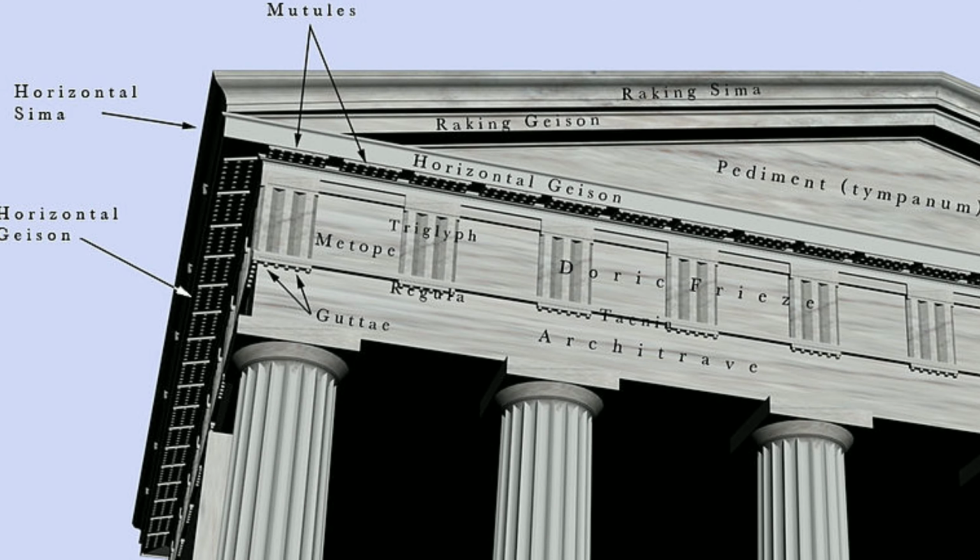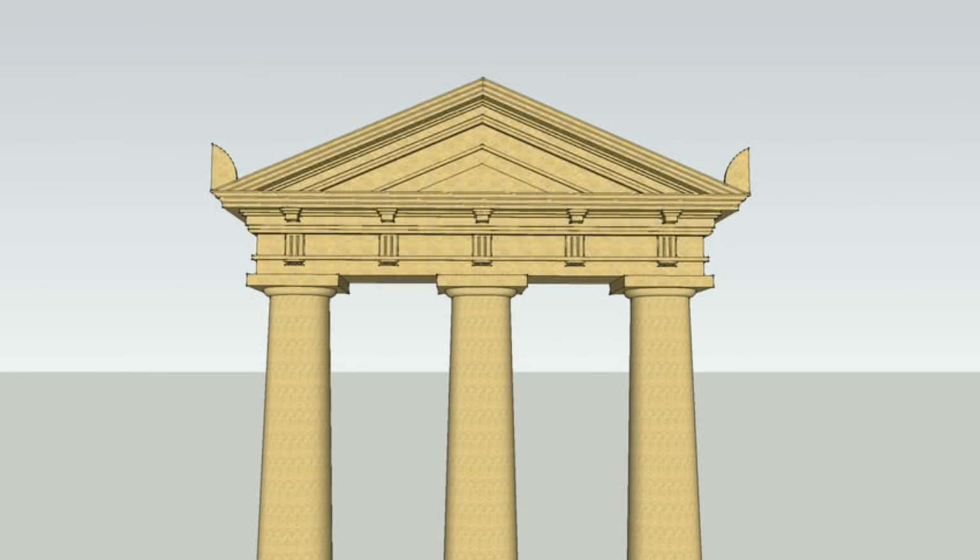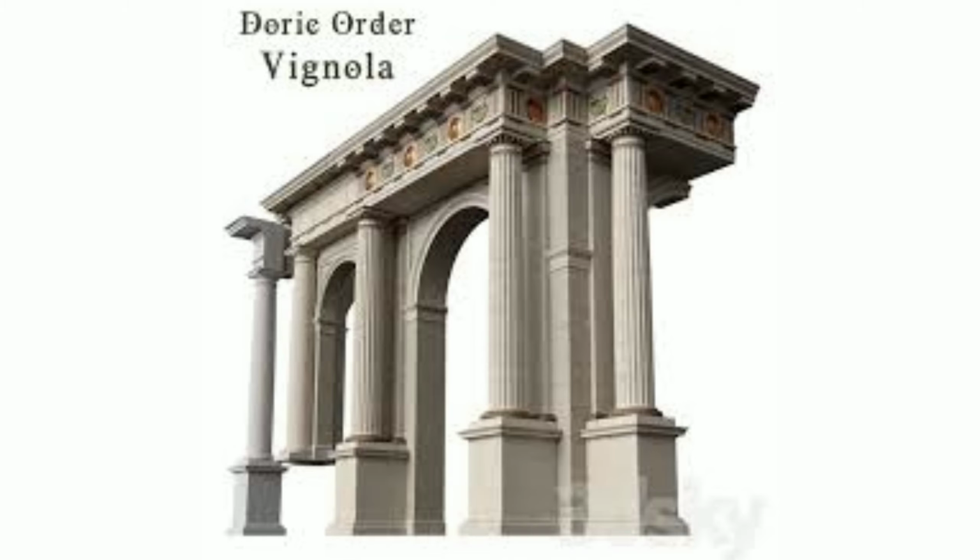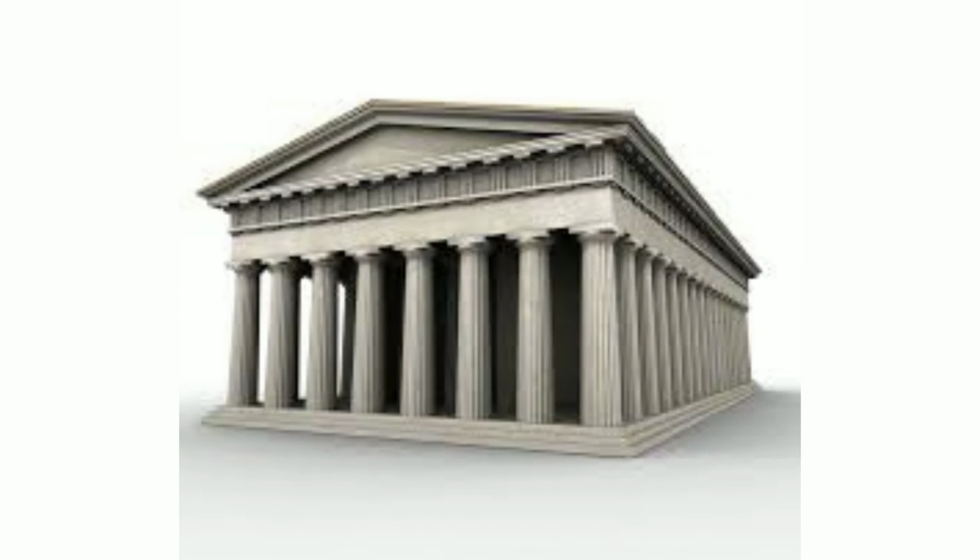The frieze of the Doric entablature is divided into triglyphs and metopes. A triglyph is a unit consisting of three vertical bands which are separated by grooves. Metopes are the plain or carved reliefs between two triglyphs. The Greek form of the Doric order comes without an individual base. They instead are placed directly on the stylobate. Later forms, however, come with the conventional base consisting of a plinth and a torus.